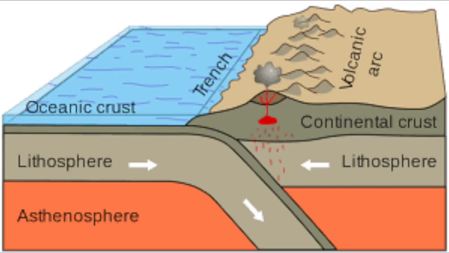We have what's called convergent plates. And so if you have an ocean plate and a continental plate, you'll get a subduction zone because the thinner ocean plate is going to slide underneath the thicker, more buoyant continental plate. You also get a recycling of nutrients here. This is where your old crust is going to be driven back down into the mantle and recycled and then reborn as it comes out of the ridges.